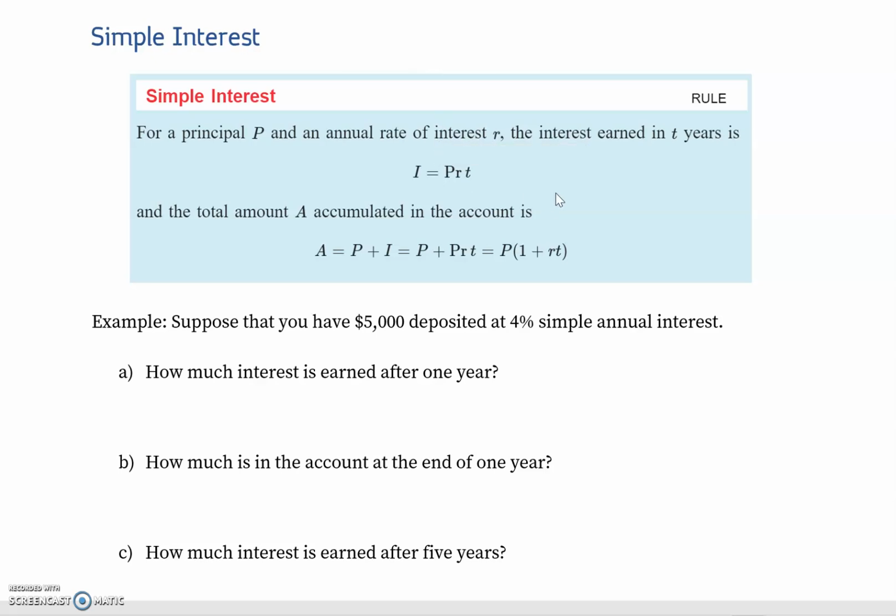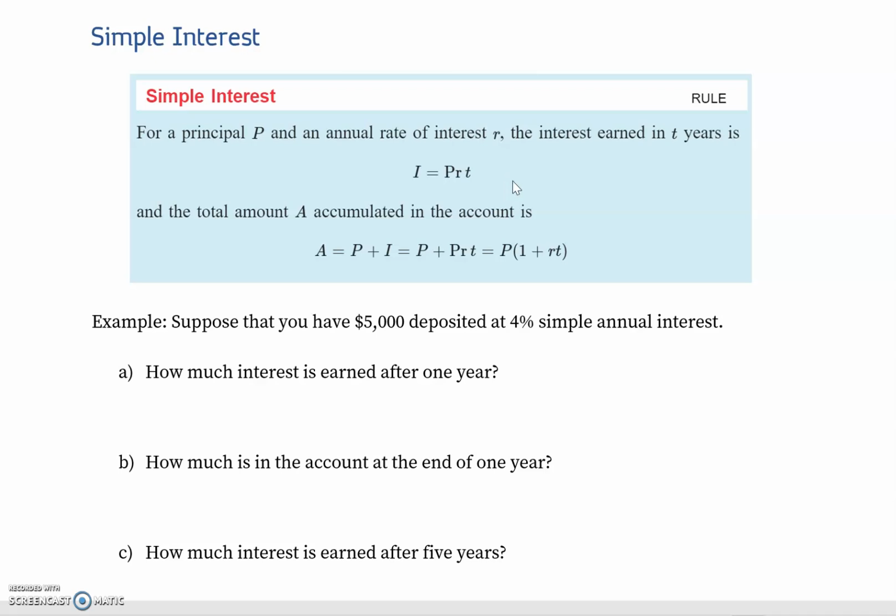And in this case, it's not compounded. So we'll see what compound interest is later. But we're getting basically the same amount of money each year based off of that percent. So we've got two main formulas, which is the interest, I, is just P, the principal, times R, the rate. We're going to write that as a decimal, times T, the time in years. So if we're given something in months or days, then we've got to alter that and just make sure that